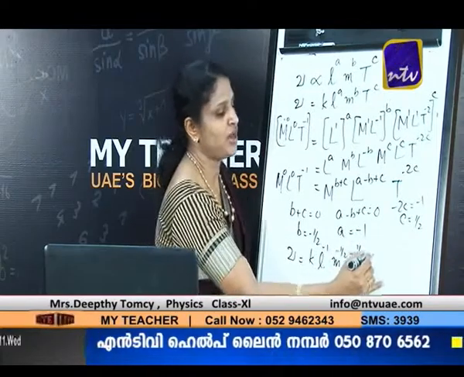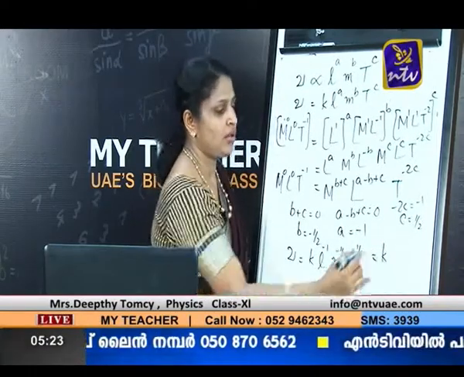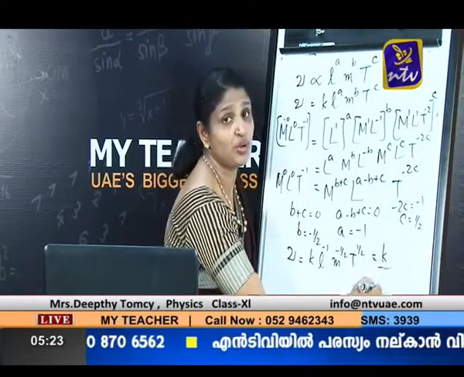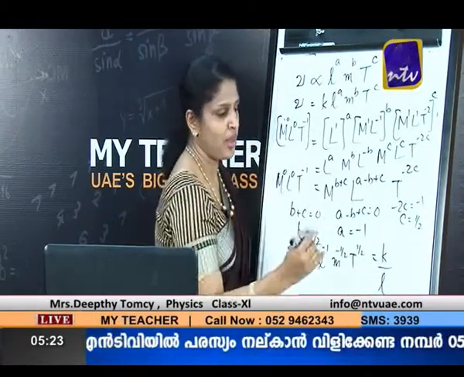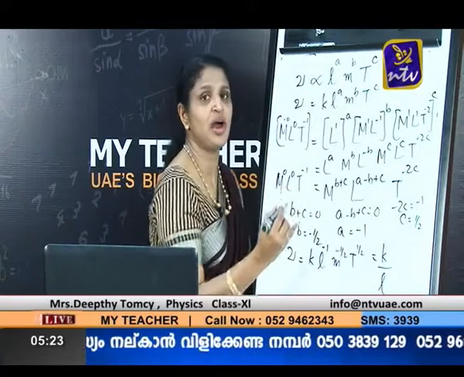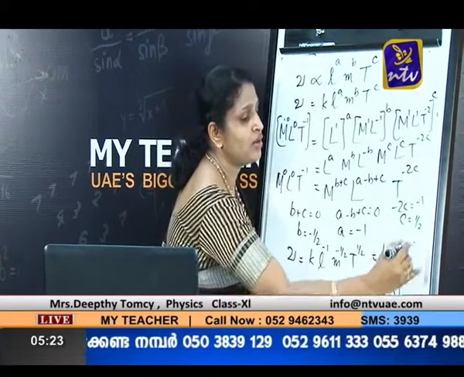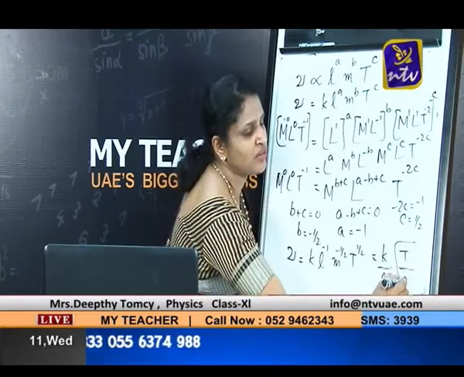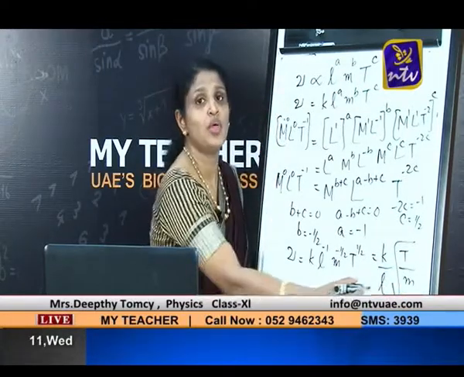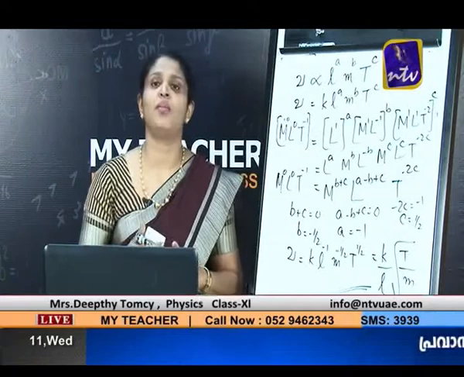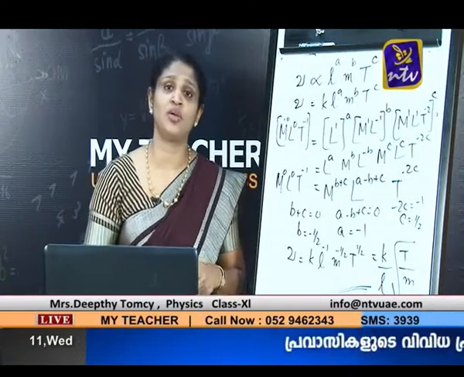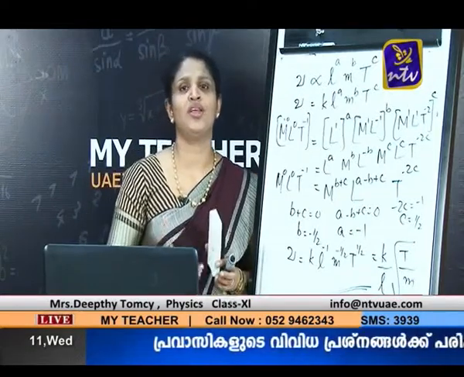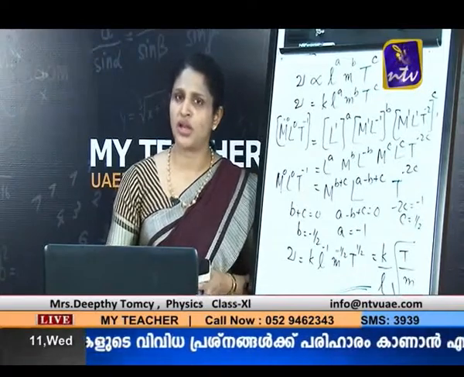This can be written as k, with L raised to minus 1 taken to the denominator as L, and T raised to half and M raised to half written inside a root. T's power is positive, so it stays in the numerator; M's power is negative, so we take it to the denominator. So the equation is k divided by L, times the root of T by M. This equation shows how frequency depends on these three quantities.